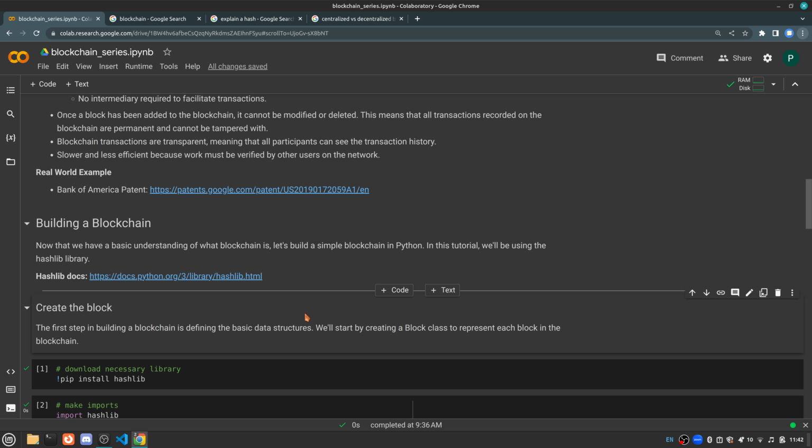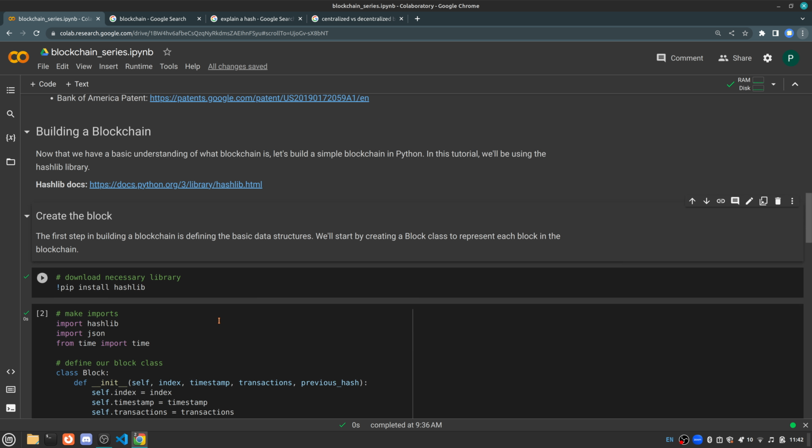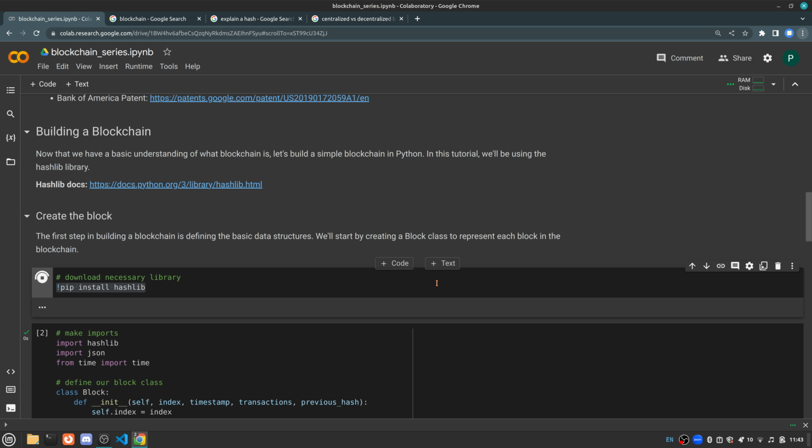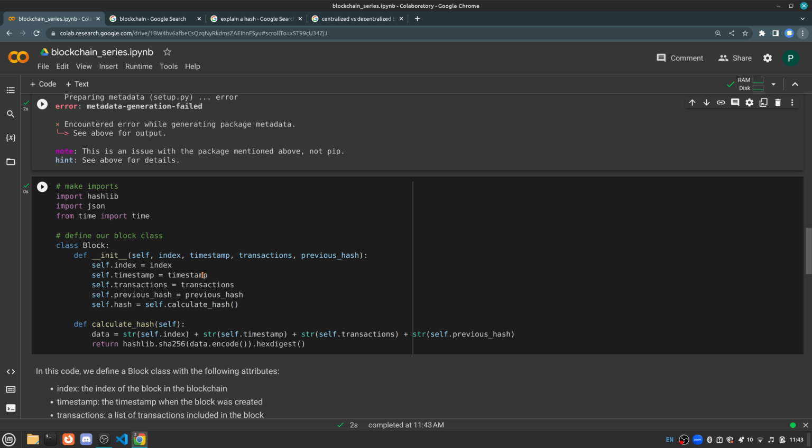So the first step, of course, is to create our block. And before we can even create our block, we need to make sure that we have our libraries downloaded. You're going to come in here and go !pip install hashlib. Honestly, I think it's going to give you an error, probably because hashlib is already installed in Google Colab. We did get an error. It looks like it exited because of a metadata generation error, but it'll still let us use this library in